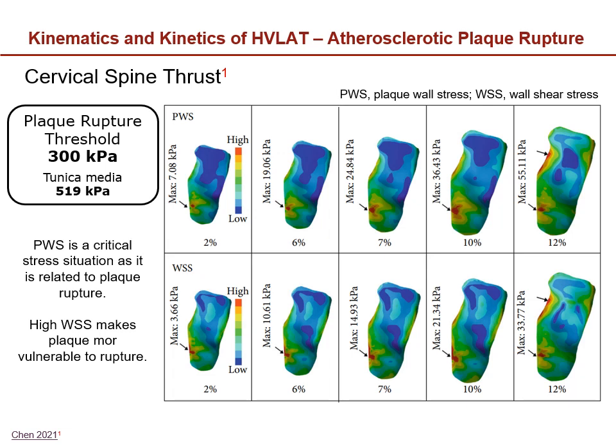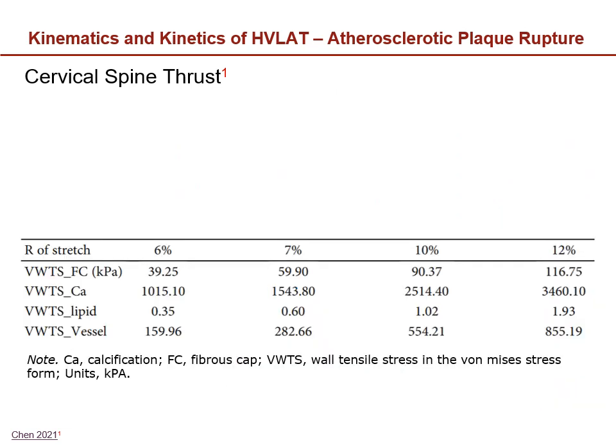And then what we can see is that at each of these strains there's a linear relationship with the maximal kilopascals that are applied to the plaque, be this a shear stress or the plaque wall stress specifically. And you can see that the kilopascals and the stress on the plaque are relatively low, regardless of whether we're looking at 2% strain on the vessel or up to 12% strain. That being said,